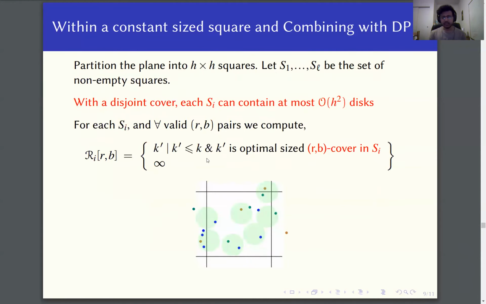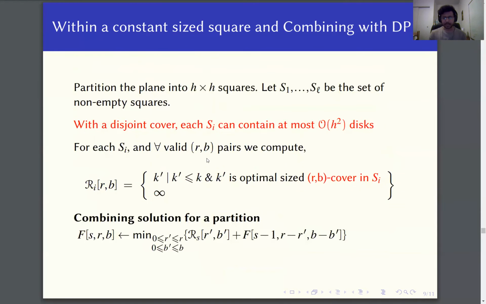Note that we only consider the solutions in which the disks are entirely contained inside the square Si. Otherwise, if the disks protrude outside the square, then they can cover the points outside the square, and hence the solutions across different squares will not be independent, and